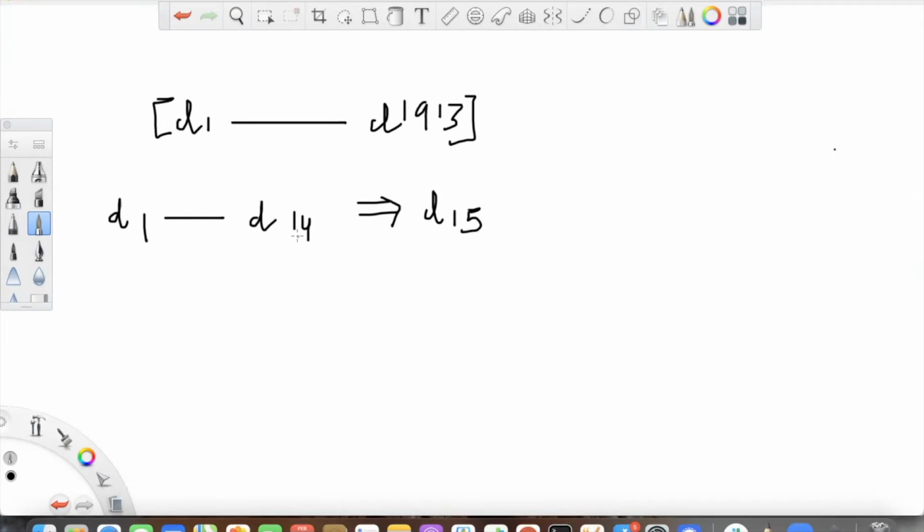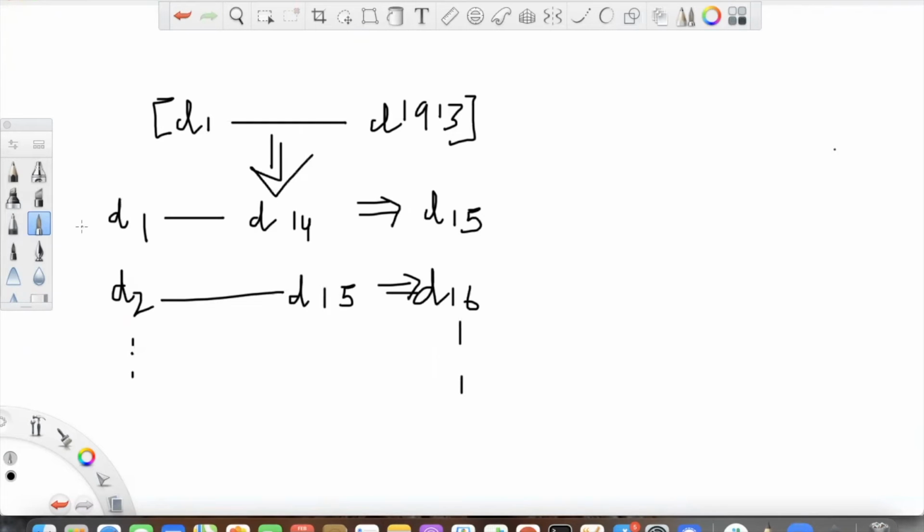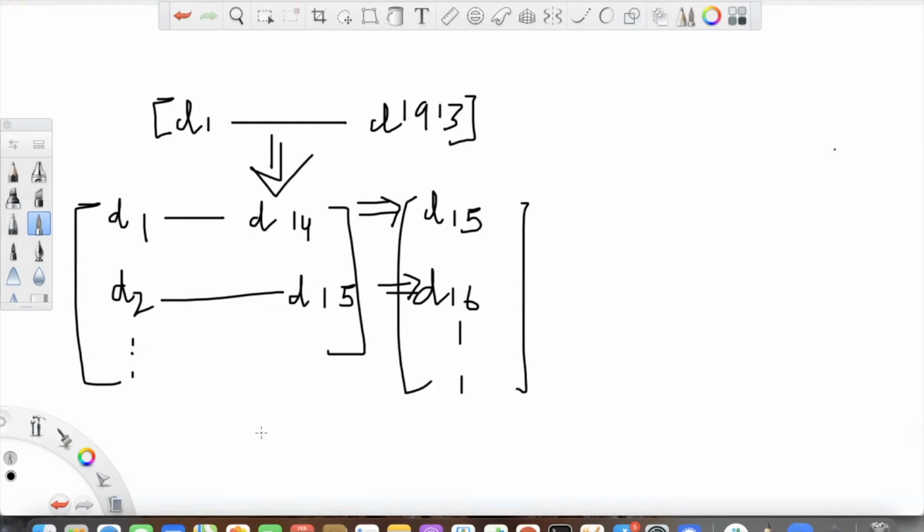Then shift by 1: sales from day 2 to day 15 as our input, and day 16 will be our target, and so on. So we are converting this to this. This is my X train and this will be my Y train.